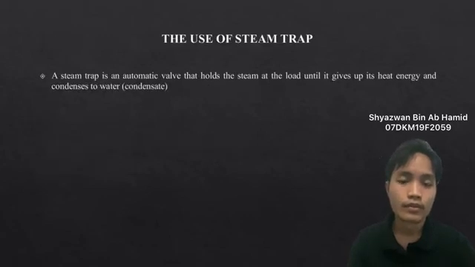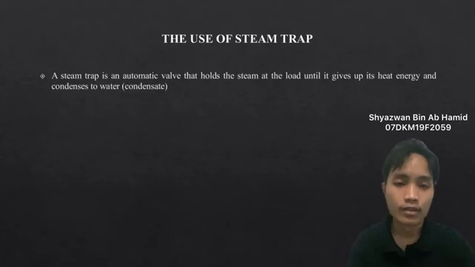The use of steam trap. A steam trap is an automatic valve that holds the steam at the load until it gives up its energy and condenses to water. After the steam condenses to water, the steam trap allows only the condensate to pass, thereby contributing to plant efficiency. Since steam naturally releases heat, which causes condensation, another use of traps is to keep steam